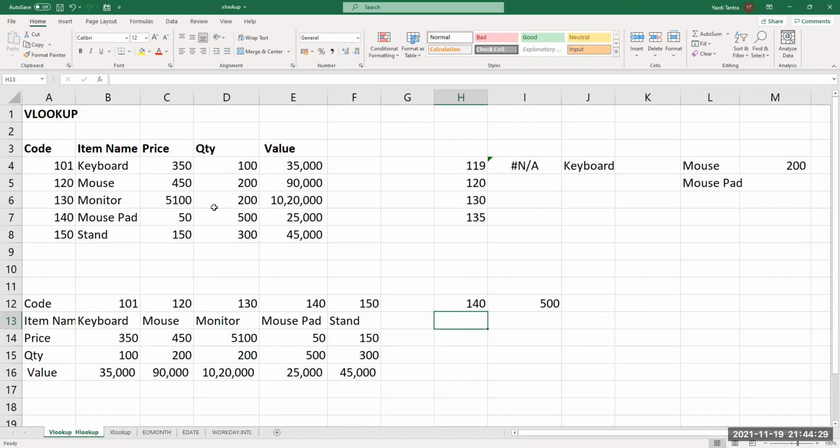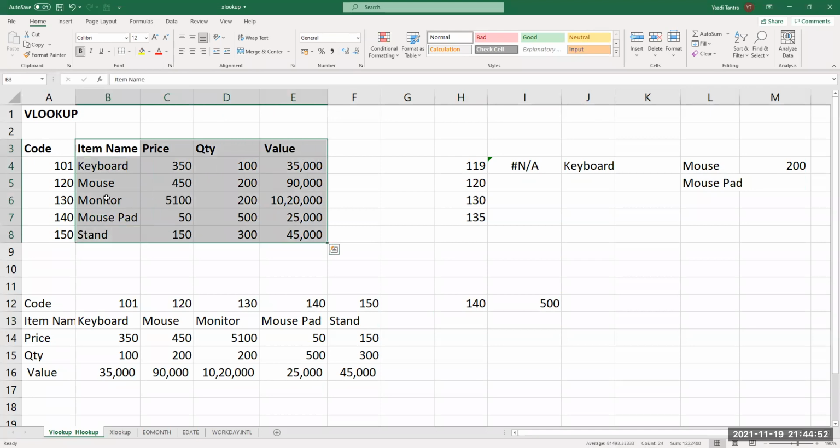Now, there are lots of issues with VLOOKUP and HLOOKUP. Number one issue, and the most pressing issue, is that whatever you want to look up has to be on the leftmost part of the table. So if you are looking at this table, you can look up only this code.